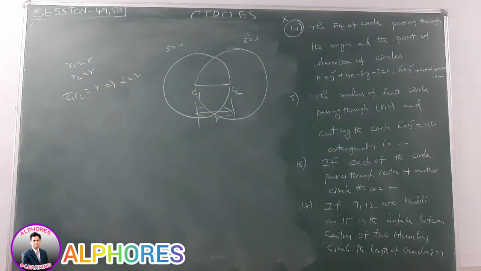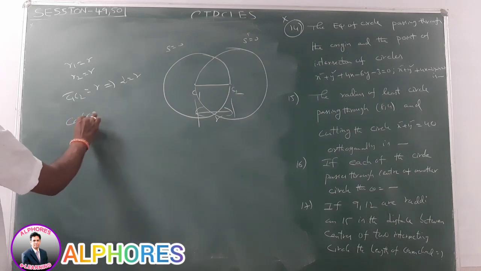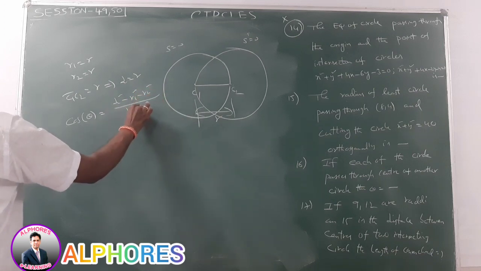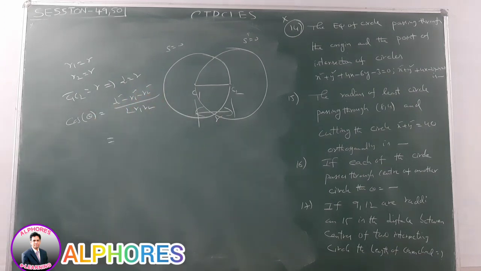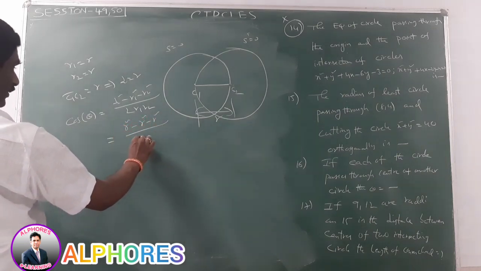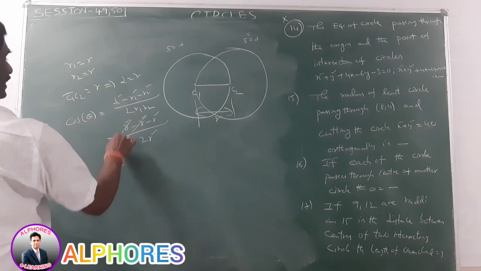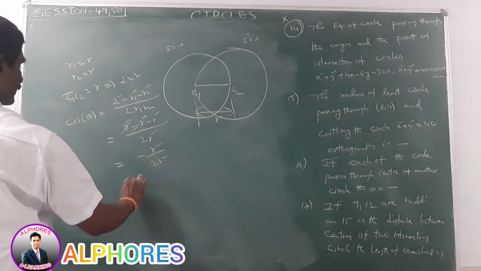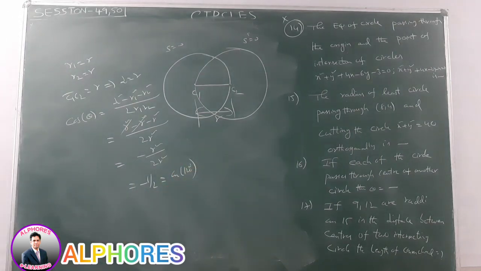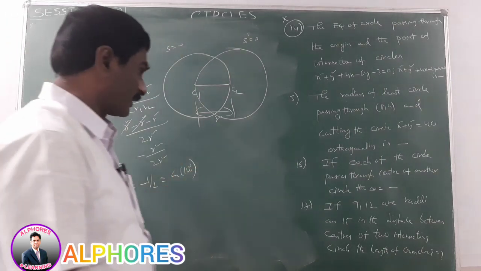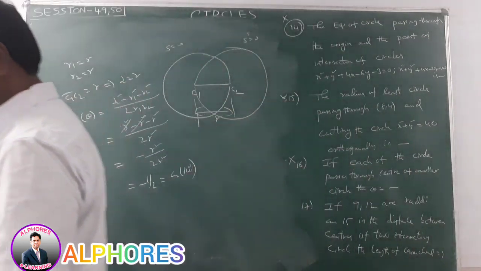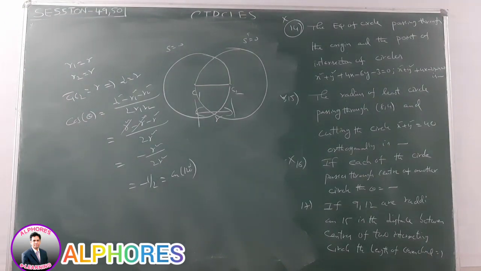If C1, D, R1, R2 are given, what is the angle between the two intersecting circles? Cos theta is equal to D square minus r1 square minus r2 square by 2 r1 r2. By using this formula, we find the angle. D square means r square minus r square minus r square by 2r square. That is equal to r square cancelled, minus r square by 2r square, that is equal to minus 1 by 2. Cos value minus 1 by 2 means cos 120 degrees or 2 pi by 3. Therefore, theta is equal to 2 pi by 3. This is also very, very important. Okay. Next, 17th.